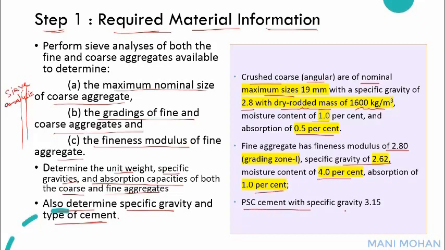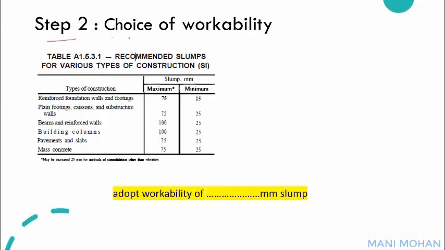Portland slag cement with specific gravity 3.15 is being used to make the concrete. Step 2 is about choice of workability. Based on job requirement, select the workability. If the workability in terms of slump is not specified for a particular job, select an appropriate value from table